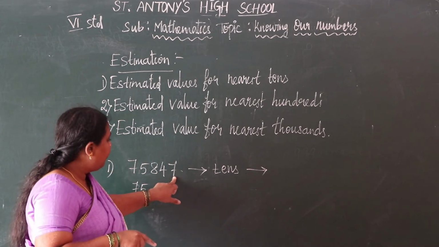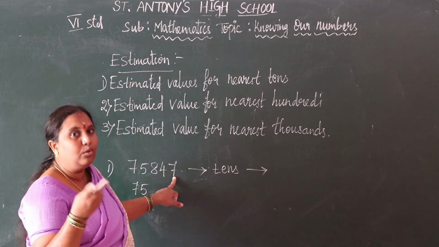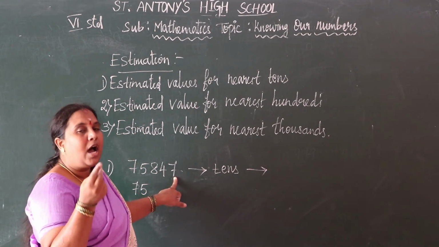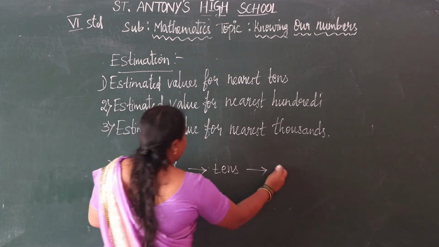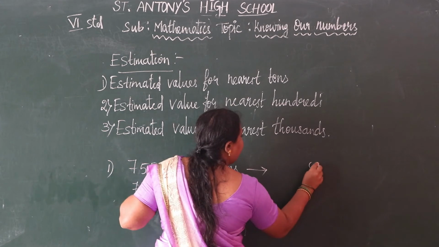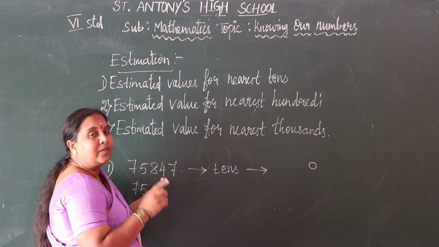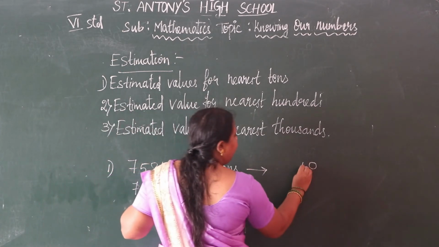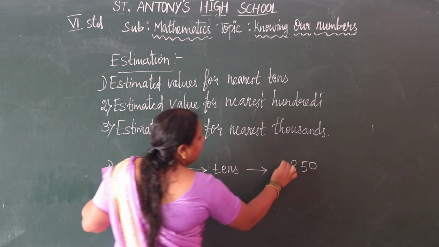Okay, so in units place 7 is there, it comes under rule 2. What is rule 2? The number is rounded off to 0 and increase 1 in tens place. See, the number is 0. In units place we are rounded up to 0 and in tens place we have 4. So increase 1 in tens place. So 4 plus 1, 5. Okay, so other numbers we can write as they are.